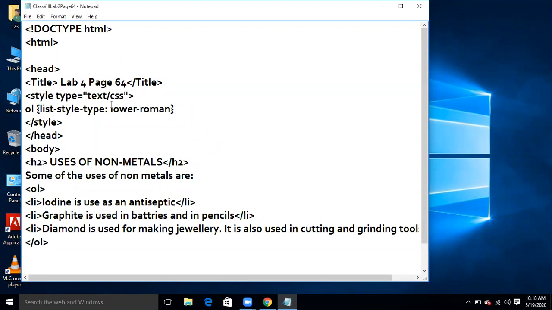Because in the output given on page number 64, the output is mentioned as lower Roman numbers. If we mention upper Roman, then the output will come according to the upper Roman numbers. If we mention decimal over here, then the numbers will come in normal decimal numbers, meaning 1, 2, 3, etc.